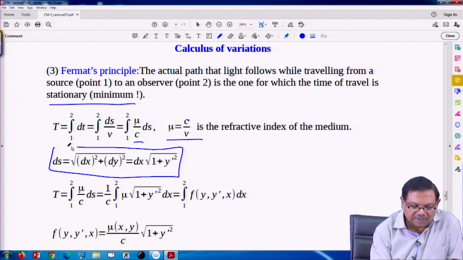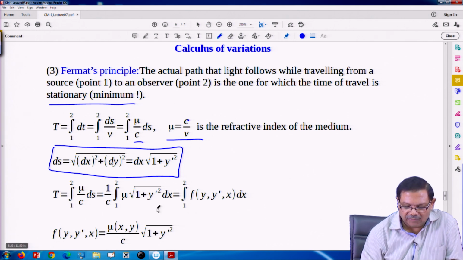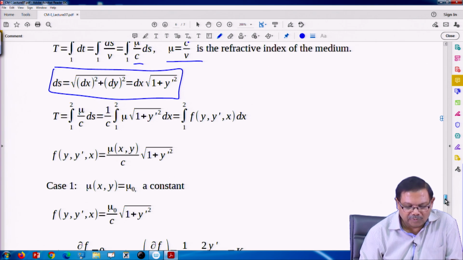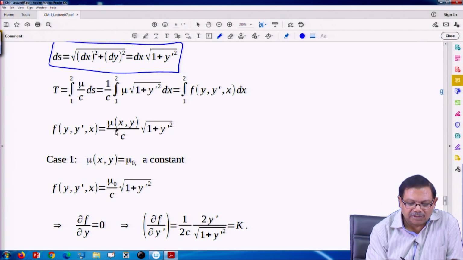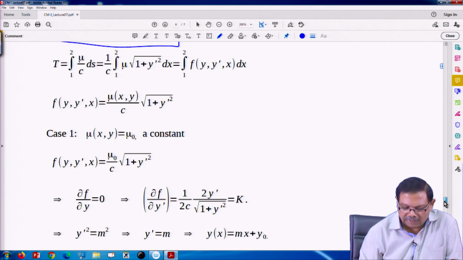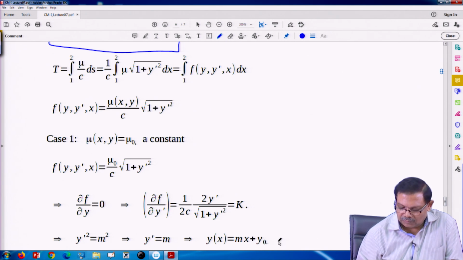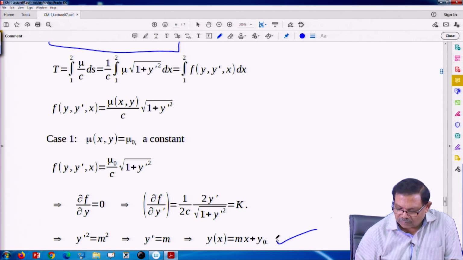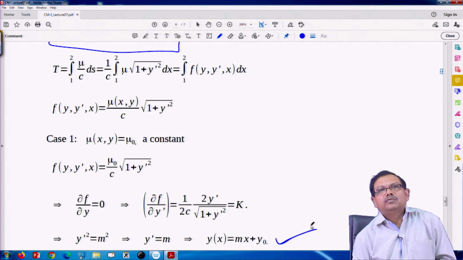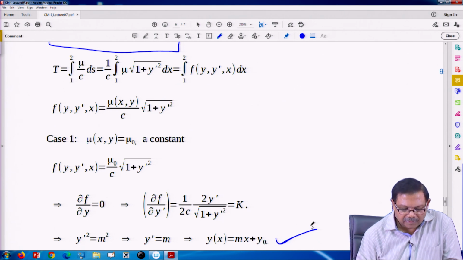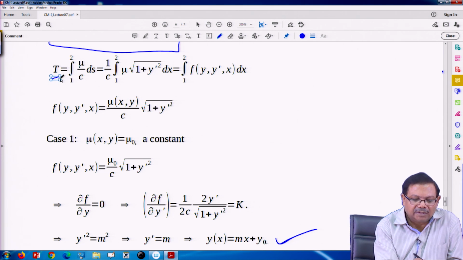Again ds is the same, the same kind of integral. So, t is mu times the same integral which we came across a few minutes ago. But now the question is, if mu depends on x and y, then there is complication. If mu is a constant, then we know the answer: that is a straight line, which we did just a few minutes ago. So, a ray of light passes from one point to the other in a straight line, and the time is minimum if it passes through that path, because time and length are connected.